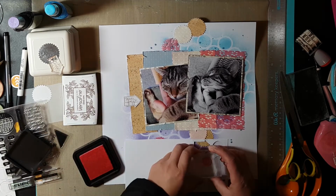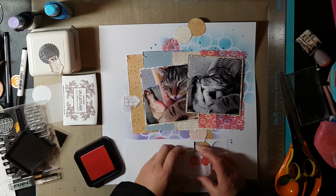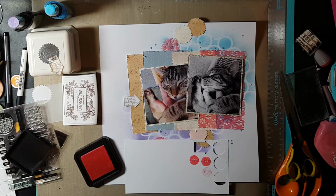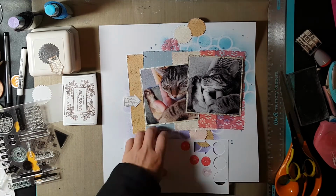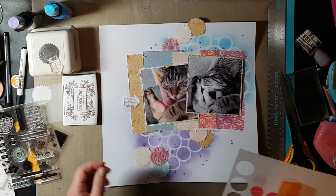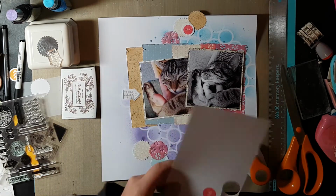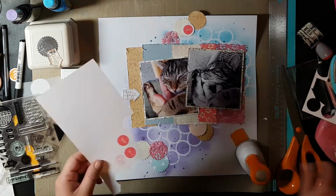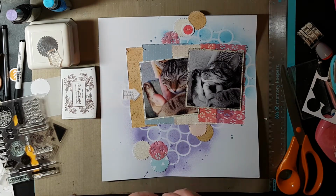I've already stamped out an arrow with a little saying, which is to the left of my photo now. I've cut it out. It was just on a white piece of paper, and I'm doing a similar thing now with just pink distress ink and a couple of circles that I've stamped, and now punching them out with my circle punch. So I'm gonna use two of them on the page, and basically I'm just trying to spread the